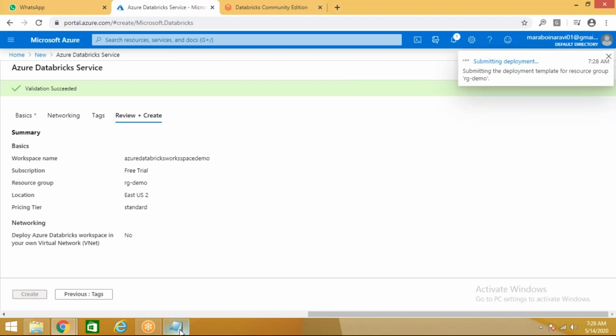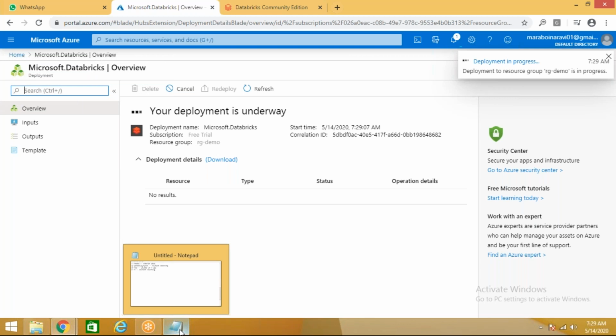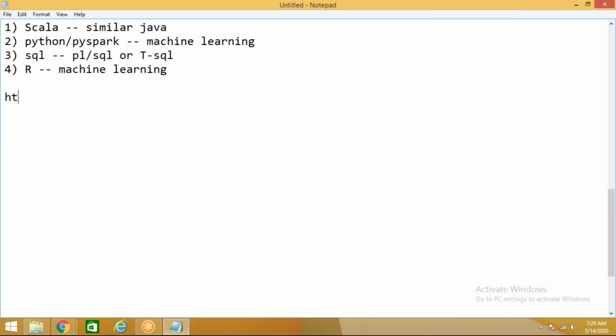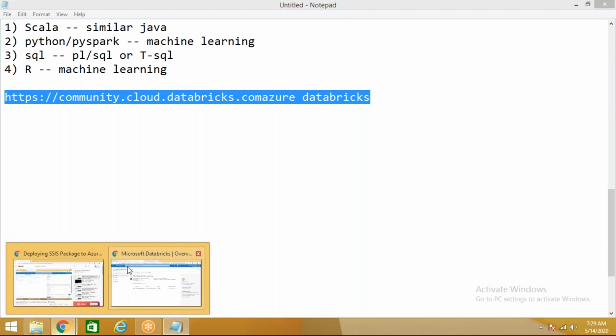So to overcome this problem, what we have done, we have created some other community client one. That is what community.cloud.databricks.com is a site. So take this site, go to this site, you can create a free trial subscription. Not free, they'll give you a subscription for around 1 year. Just go there. I'm using,